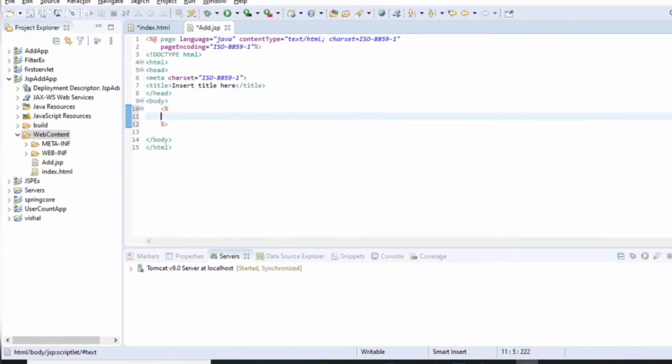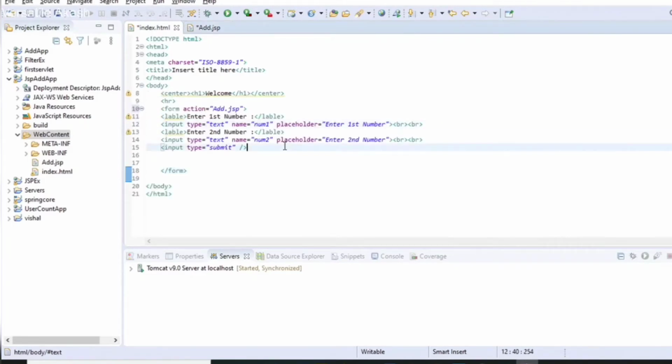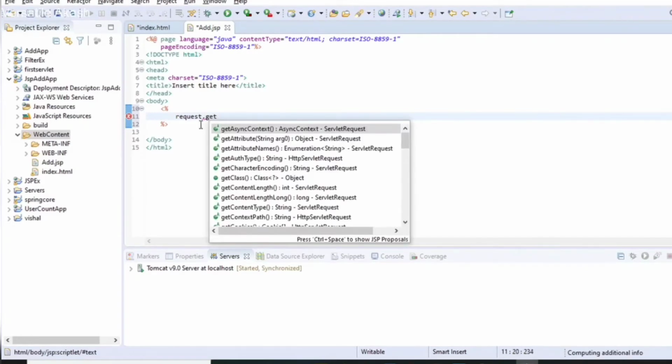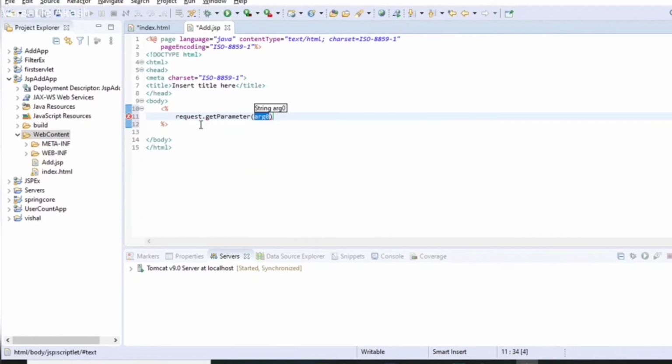So first we need to get the two parameters that the user entered. So a method of request we will write from which we get those parameters. So write request dot getParameter and the name. This name must be the same as we have given in the first input field, so num1, and store it in string s1.